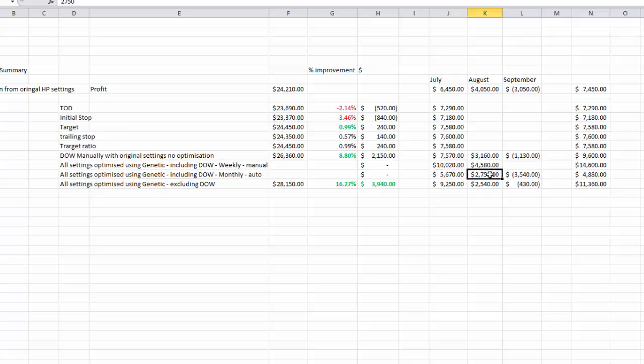So at the moment we're clearly in front with our optimization for all settings optimized using genetic setting optimization, including days of the week, done weekly and on a manual basis. So that seems to be the most profitable so far. It's come out with week 2 as being the most profitable, so we're looking pretty good overall. So let's just drop that for a second,